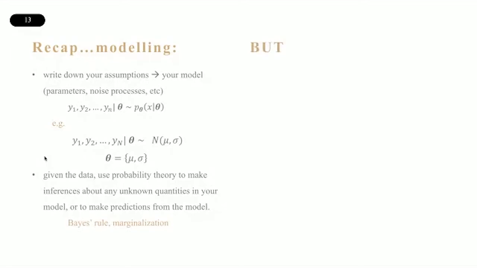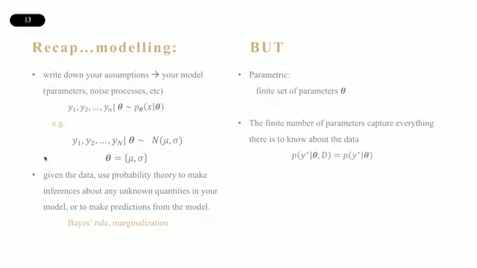The problem that I haven't mentioned so far is the number of parameters that I define. All the models that I described so far are actually parametric. That means that we assume a finite set of parameters. I can count them, they're finite. By doing so, the parameters are enough to actually explain the data, as we said earlier. That means that the parameters capture everything there is to know about the data. Knowing the parameters, we don't really need the previous data in order to sample from the mechanism.